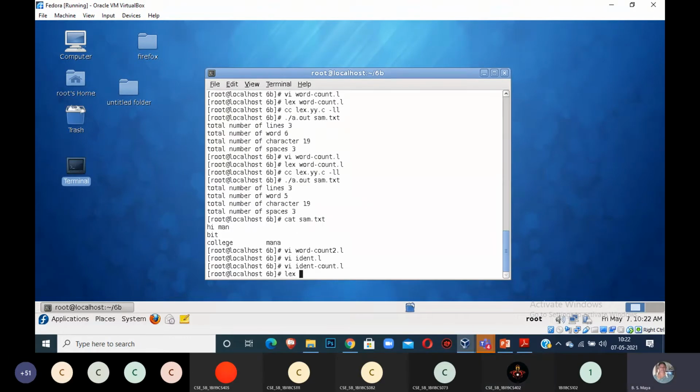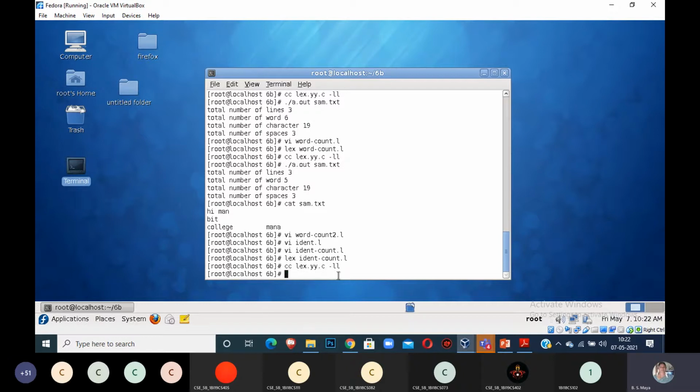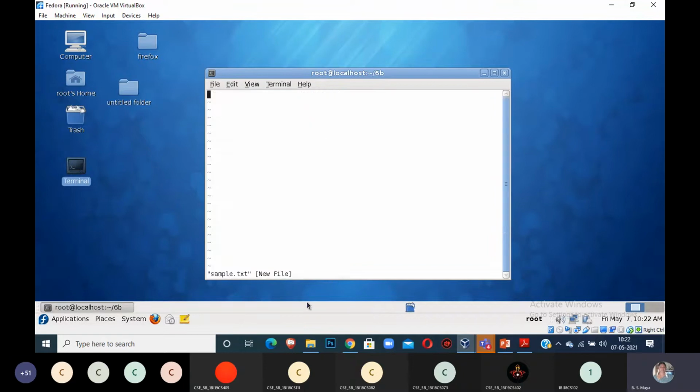Okay, let's run. lex count.l, cc lex.yy.c -ll. I want to create one file with identifier samples: vi sample.txt.